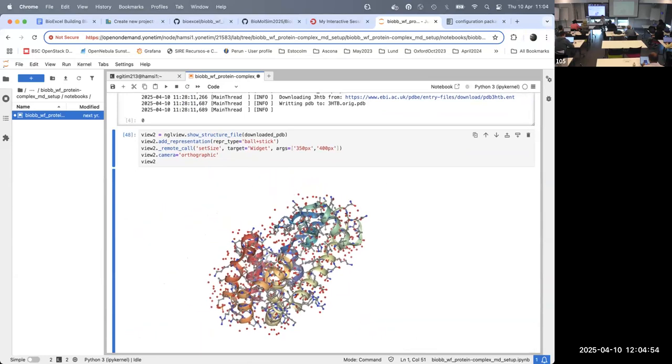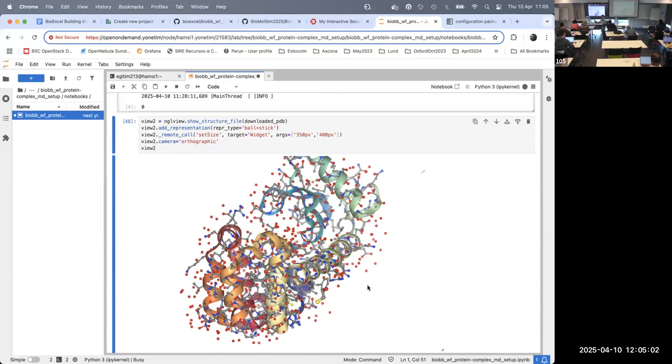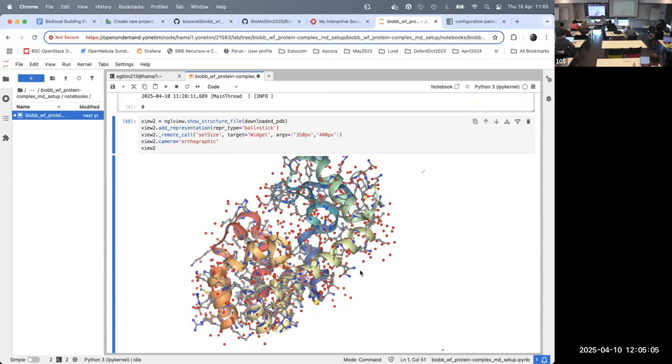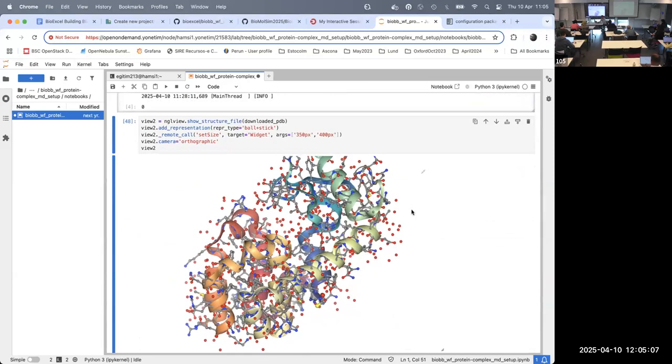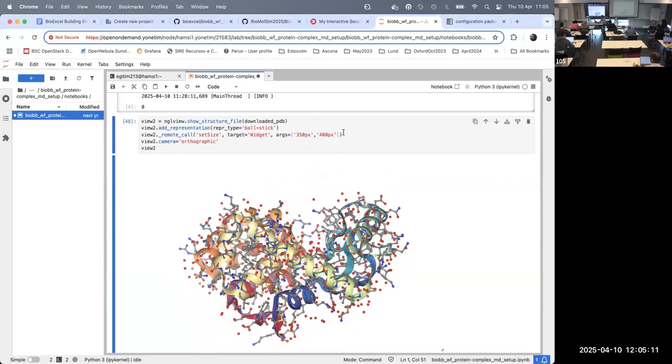Let's make this bigger. You see that it's not just the protein and the small molecule: there are water molecules surrounding it. This is the crystallographic structure. There are also some small molecules, not just one, that you cannot see,